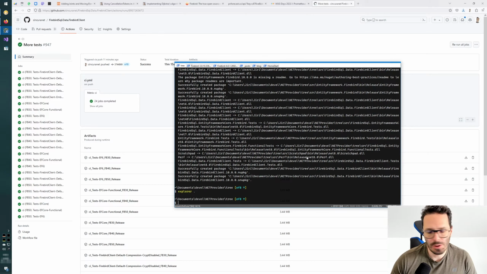The only thing is that I cannot do it on screen because my API key for NuGet is being printed on my machine, so I can actually see what I'm doing. So I will do it, and you will see the package in a few moments being available on NuGet with the beta 2 label. Please test it. I don't want to have it in beta 2 stage for too long, so probably sometime next week, later next week, I will release the final version, create the blog post and everything around, and